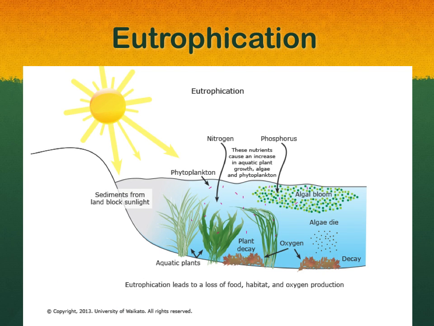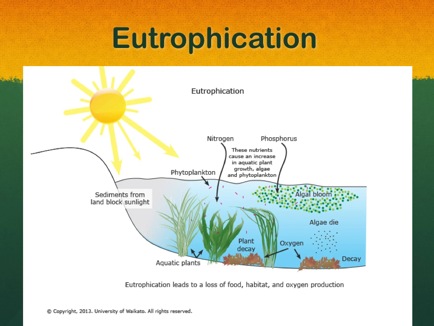Eutrophication, I just wanted to mention, especially since we have some of this going on in some of the lakes in the area. It's an enrichment of an ecosystem with chemical nutrients, typically nitrogen and phosphorus. It's a natural process in lakes, occurring as they age through geologic time. It's typically thought of as a pollution problem, and human activities can accelerate the rate at which nutrients enter the system. A big one is runoff from agriculture and development. Also, pollution from septic systems and sewers and other human activities can influence the amount of nutrients getting into water. And basically what happens is